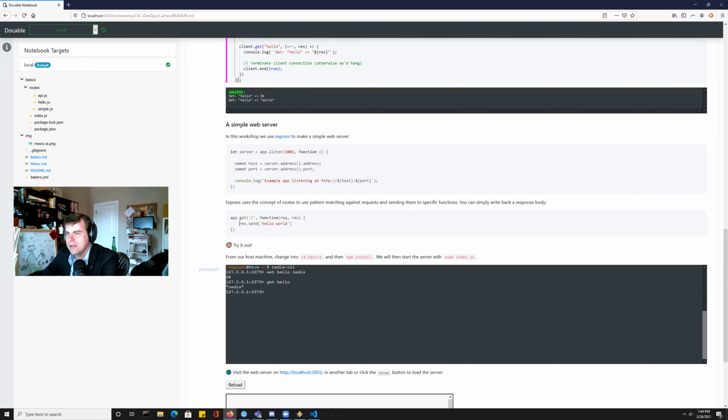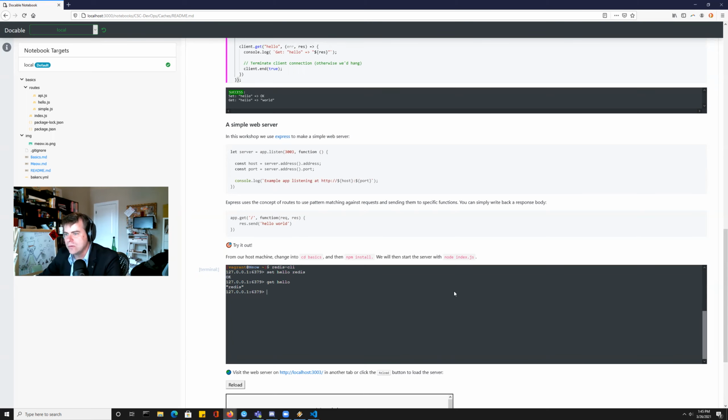Express is going to listen to requests and map it to this function if it matches this URL. And then the function will simply write back to the response body, and think back to the REST workshops that we've done. This basically literally means writing to that object that sent back that text document. And then that's rendered in the browser, right? And we can do all sorts of stuff. You can write this as HTML, you can render JSON, etc. So we'll play more with that. But the main idea is it's very easy to stand up a web server in